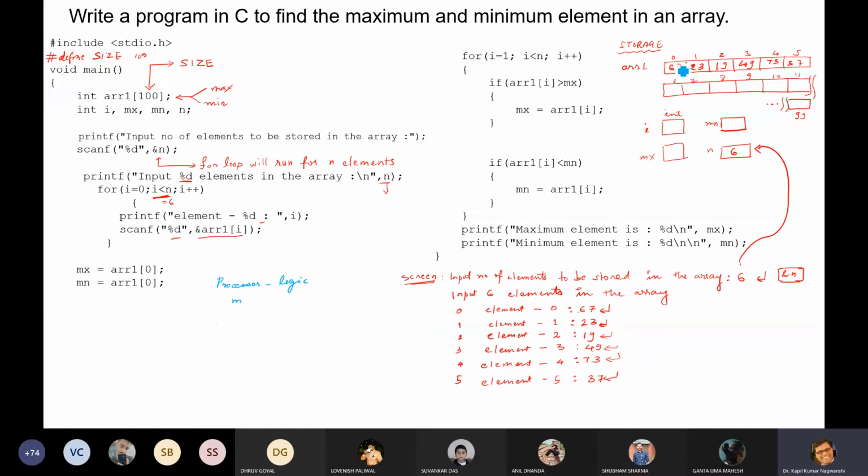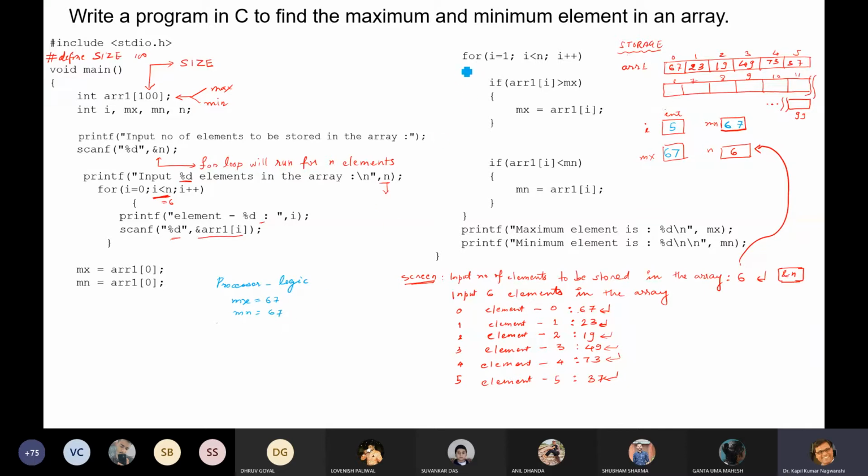So MX will store 67 initially, okay? And this will also store 67, mn. It is assumed that the first element is the minimum. And the for loop for this particular I is now at 5. So there is no problem. Everything is executed. So we know that mx equals 67 and mn equals 67.